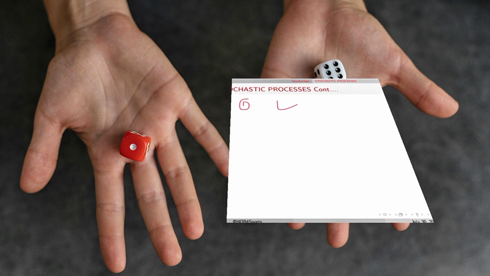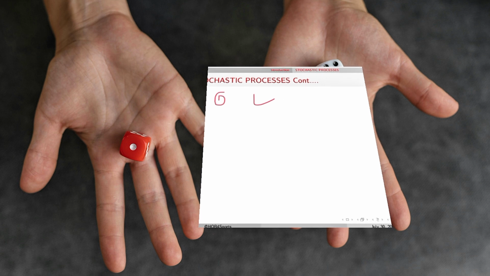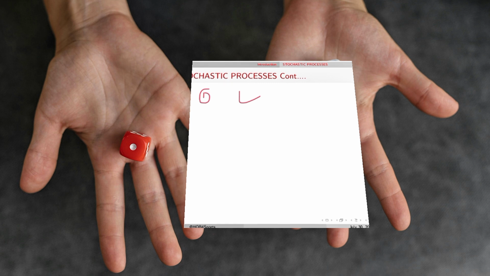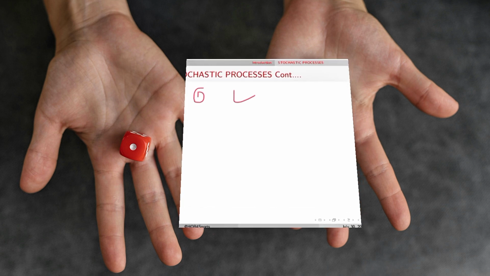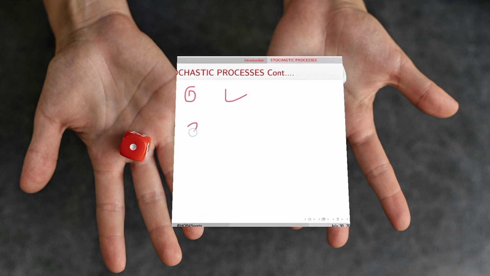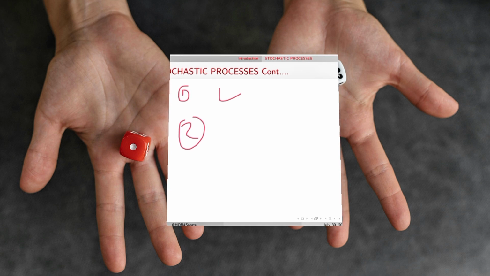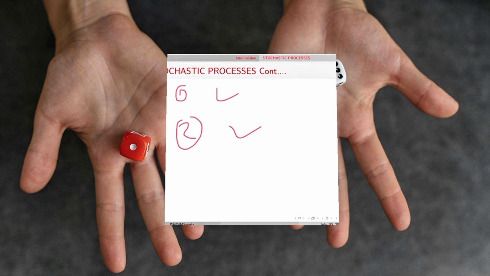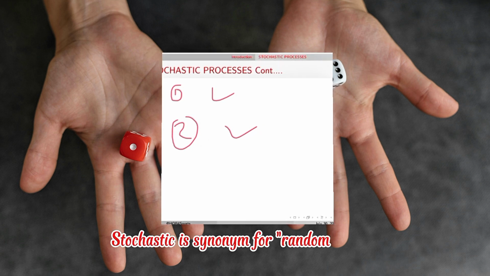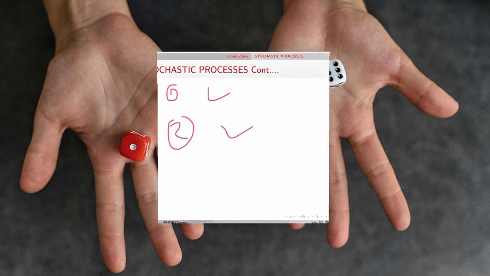Make sure you read the definitions clearly for yourself. As I said, I'm going to come back to those definitions when I define the required terms, to easily understand what the stochastic process is. And the key takeaway from here is that a stochastic process is a random process. Let me just say stochastic is a synonym for random. Yes, the word is of Greek origin and means pertaining to chance.